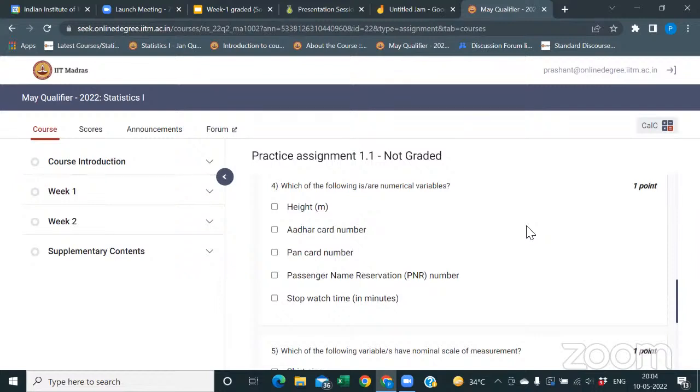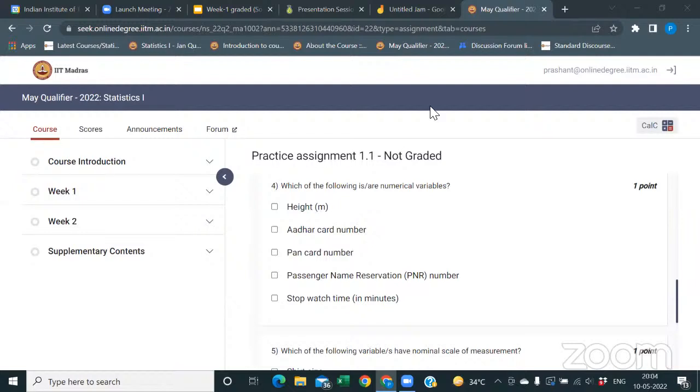No, you cannot say that. I said a numerical variable is something where you can perform meaningful mathematical operations. Can you say your Aadhaar card number is much greater than my Aadhaar number? You can't say your Aadhaar card number is 2 times my Aadhaar number. A numerical variable is something where you can perform some meaningful mathematical operation. PAN card number is some label, mobile number is a label, Aadhaar card number is a label, PNR number is a label. So that comes under the categorical variable. Is it clear? Thank you, sir.